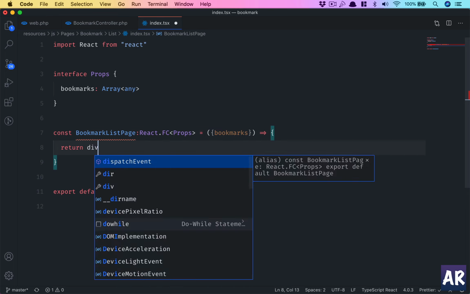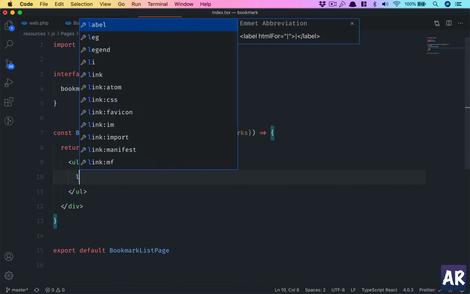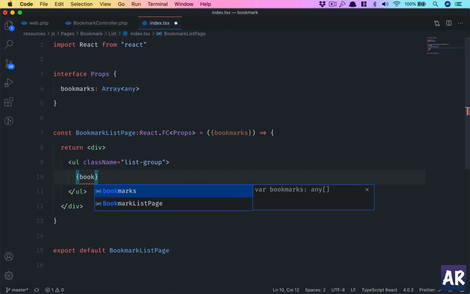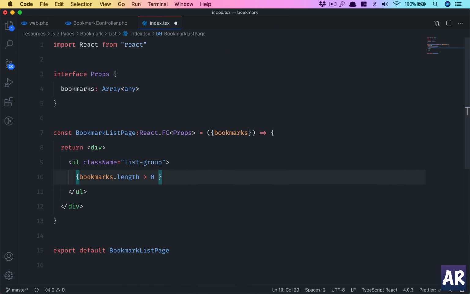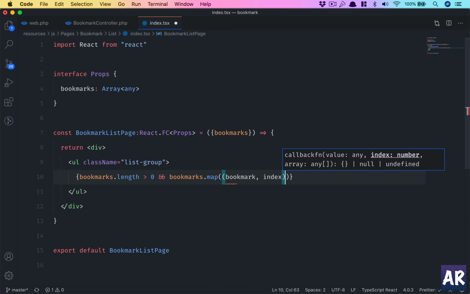Let's just have a div which will render stuff, and inside that div we will have ul list group. This is typical bootstrap stuff. We'll have li, and what I am going to do is bookmarks dot length greater than 0. If this is the thing, then bookmarks dot map, so bookmark and index,